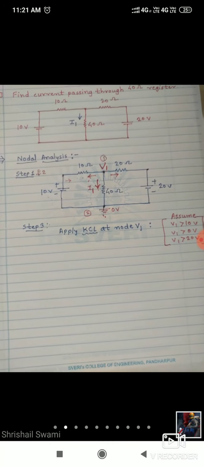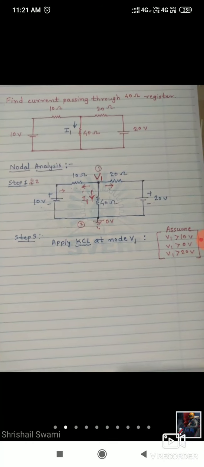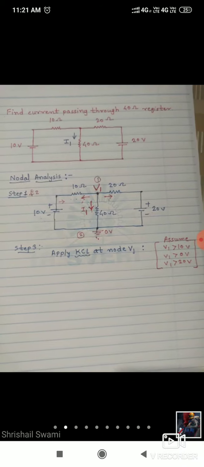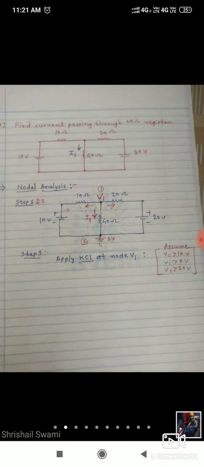Okay, now according to the KCL, what we decided, what is the KCL? At any node in the circuit, the algebraic sum of the outgoing current is equal to 0. The meaning is that outgoing current is positive, incoming current negative while writing in the equation. If you observe the circuit, all three are outgoing currents. So all are positive.